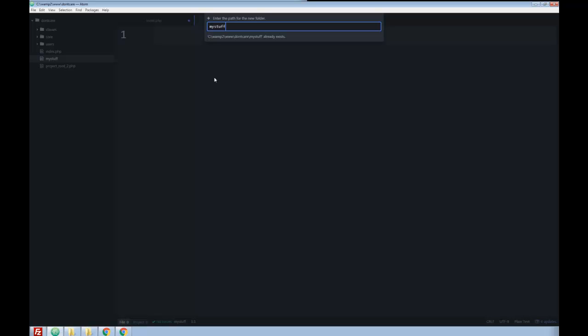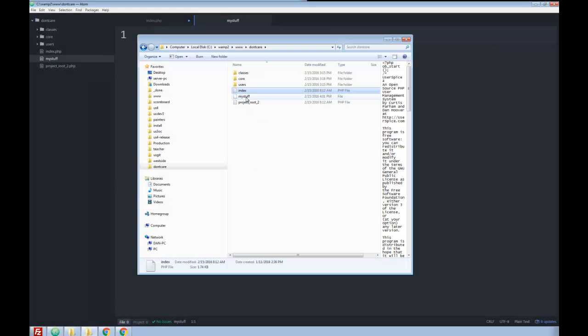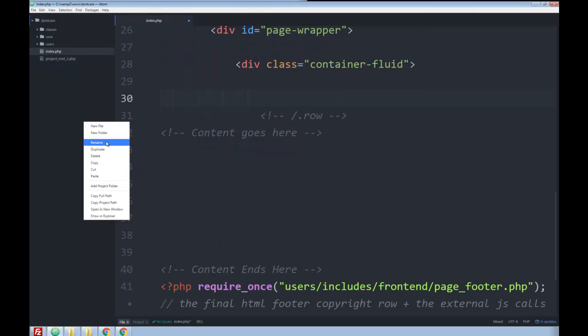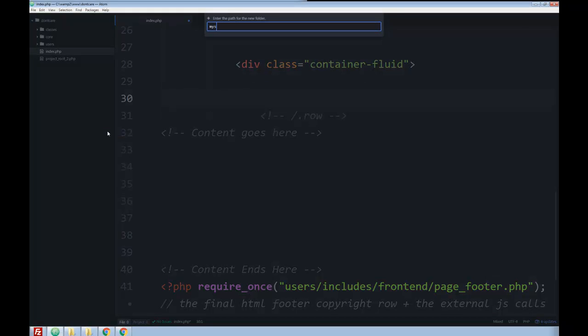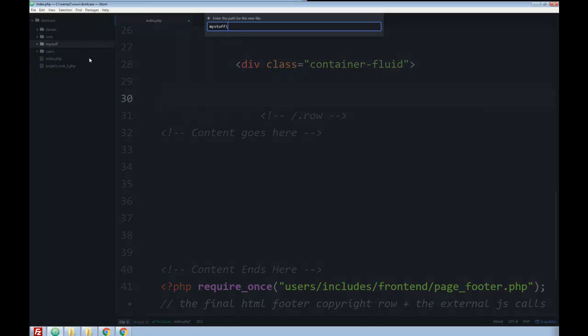That's weird. Let me go in there and delete that. Oh, I guess because I didn't give it an extension. So, okay, cool. I'm learning with you guys. So, new folder, my stuff. Okay, and we're just going to make a new file in here called